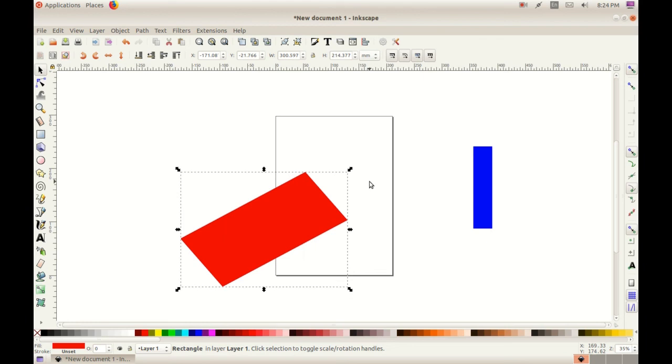What are the different uses we learned from the select and transform object tool? First, to select. Second, to rotate. Third, to resize. Fourth, to move. These are all the uses of the select and transform object tool. You got the idea? Yes.